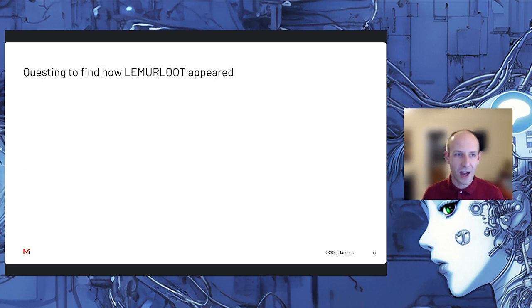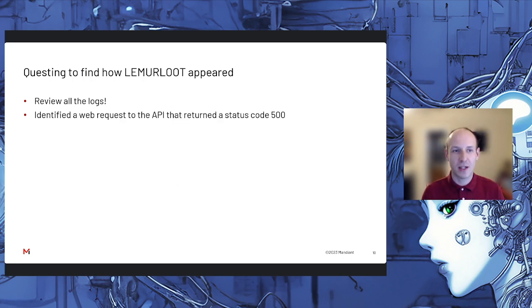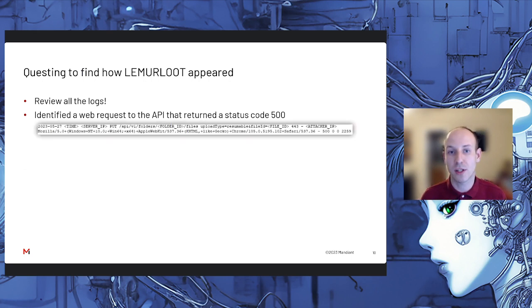Now, how did we figure out how lemur loot appeared? First things first, review all the various logs. A bunch of logs, scroll through. Somebody's going to be like, hey, I get tired of looking at logs. We did identify a web request in the IIS logs that ended up returning a status code 500. This particular request was that specific resumable file upload that ended up returning a 500, meaning something happened on the